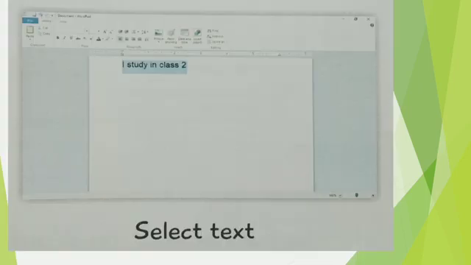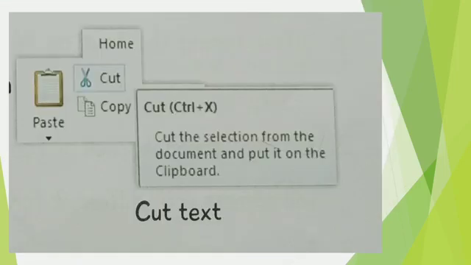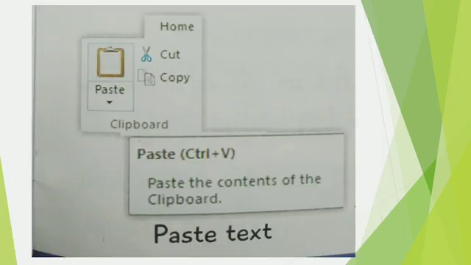First, select the text. Students, to select the text, drag the cursor from one point to another and the text is highlighted. Or on the Home tab, click on the Select All in the editing group. On the clipboard group, click on Cut. The text would disappear. Now move the cursor to the location you want the text to be moved. On the clipboard group, click on Paste.